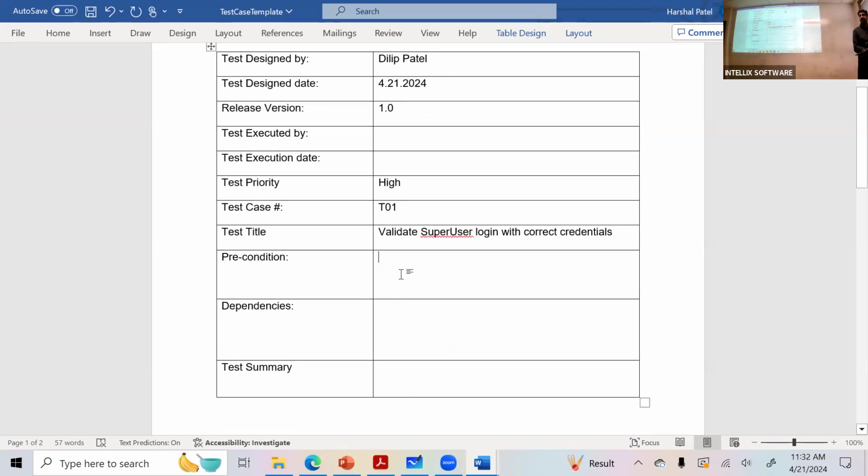In this case, that user should exist. If it doesn't exist, I can't log in. So my precondition should be: super user with login credentials as identified in the data section. We'll talk in a moment about what the data section is going to be.